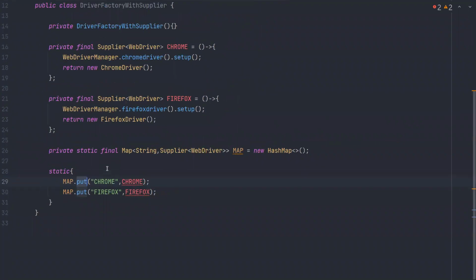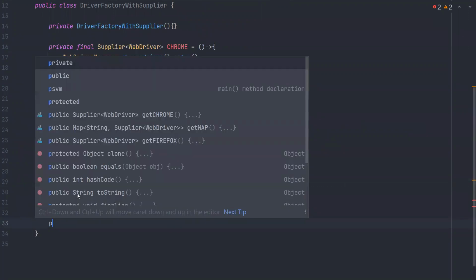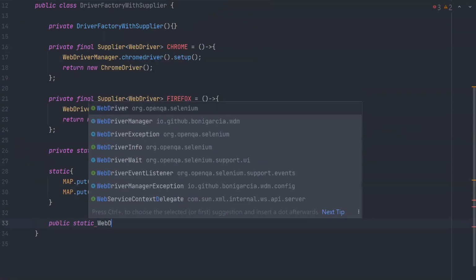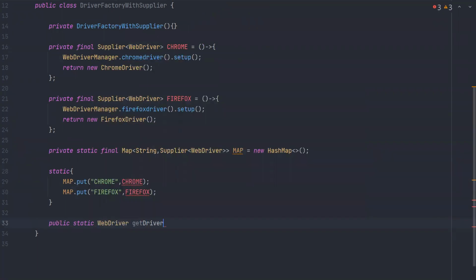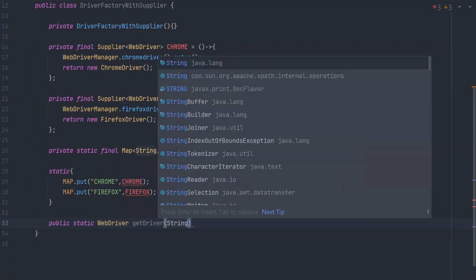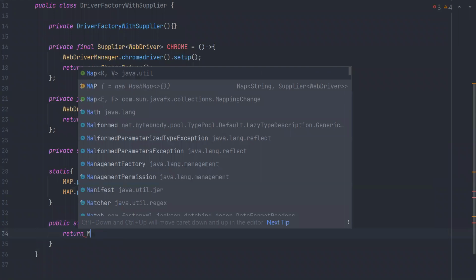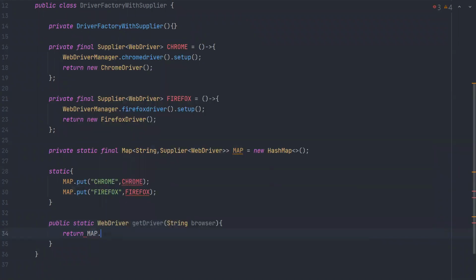Once this is done, what you can do, you can create the same method, public static. Let's say it returns you WebDriver, and then here, if somebody is giving me a browser, I'm going to search in the map, and then I'm going to give the particular implementation. So let's say return map dot get. So what is the key? Key is the browser, right? So if you're going to search with that browser key dot get, that's it.